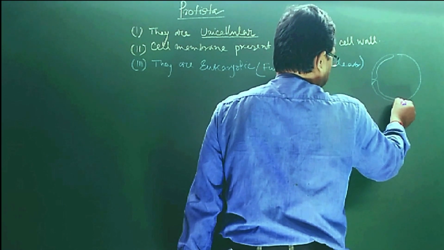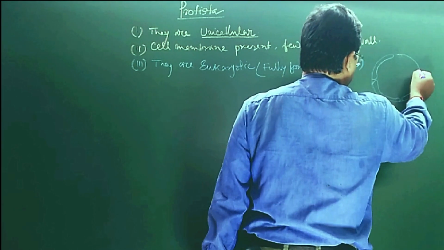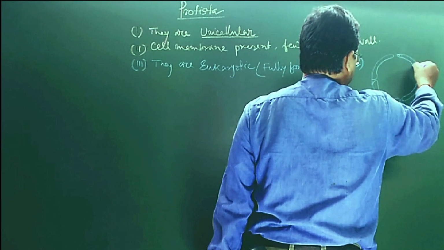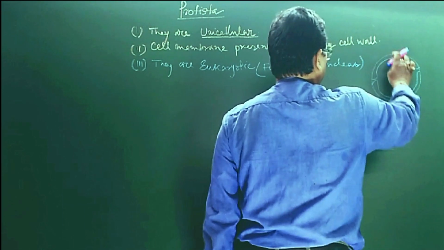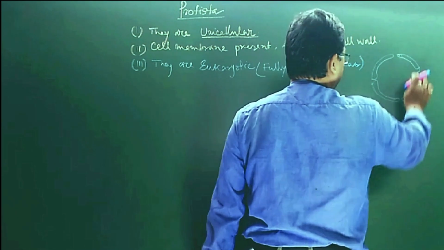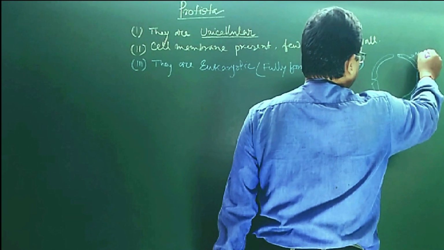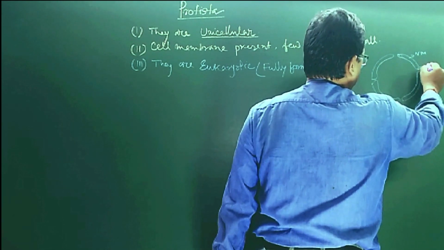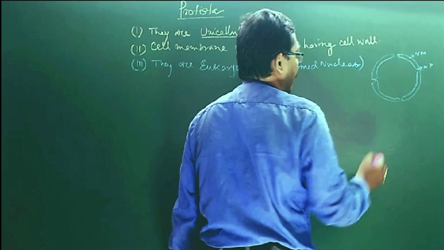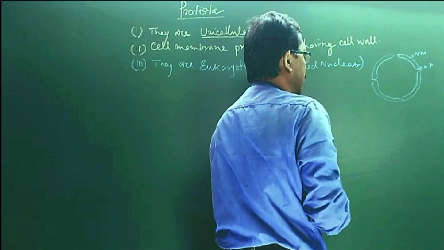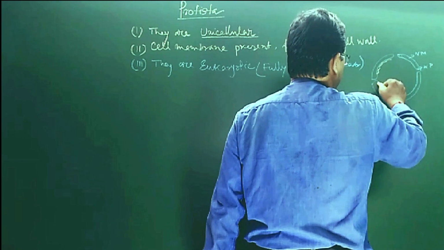First is the outer covering, the nuclear membrane, with nuclear pores. The inner portion of the nucleus contains the nuclear lamina,